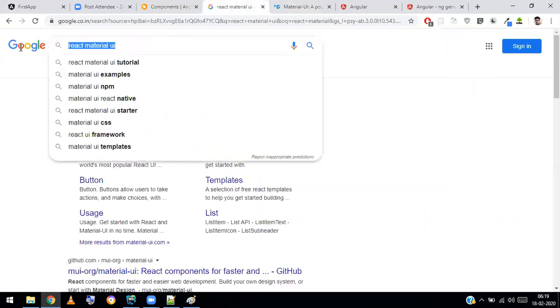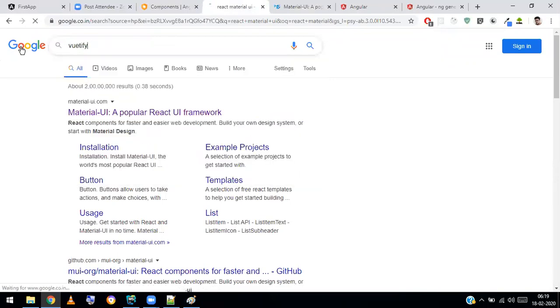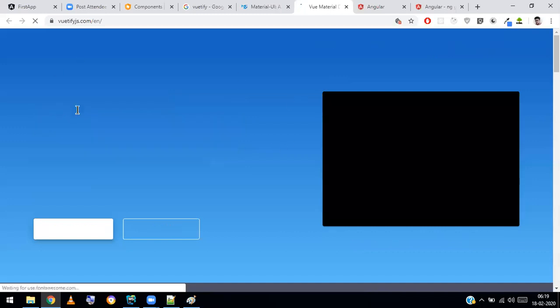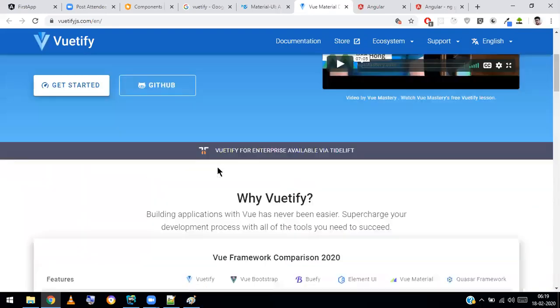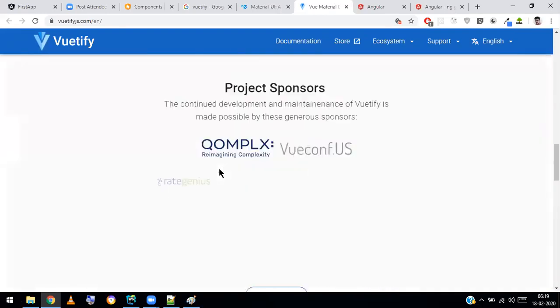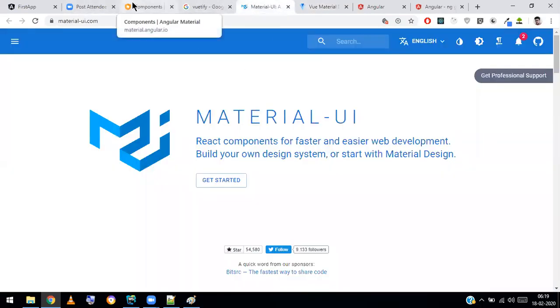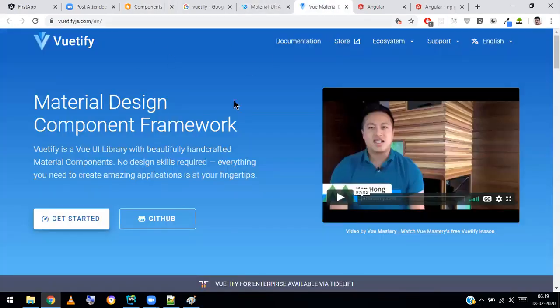For Vue.js we have Vuetify, a material design framework for Vue.js, made in a Vue.js way, so it only works for Vue.js. So every framework has given its own library: Angular has Angular Material, React has Material UI, and Vue has Vuetify.